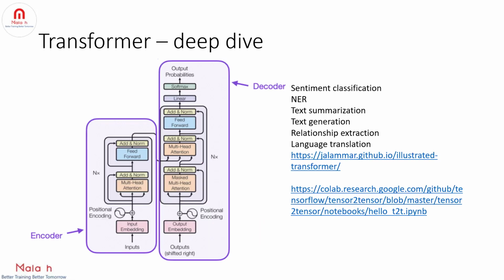Now let's summarize what we learned in the previous lecture, and then we will deep dive into the decoder side as well. So once you know the transformer architecture, you will know which model you need to pick depending on your requirement, whether you have to pick an encoder model, a decoder model, or both encoder and decoder, right?